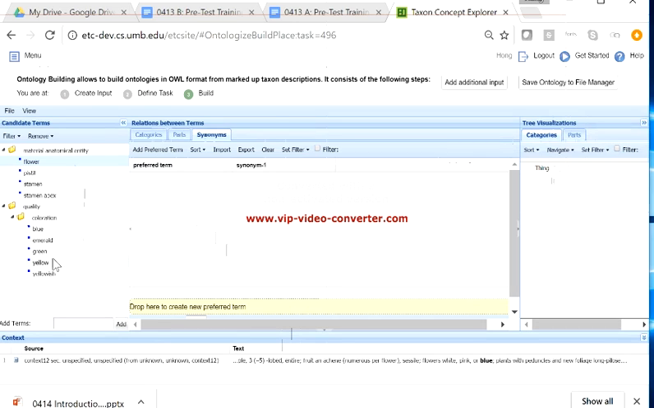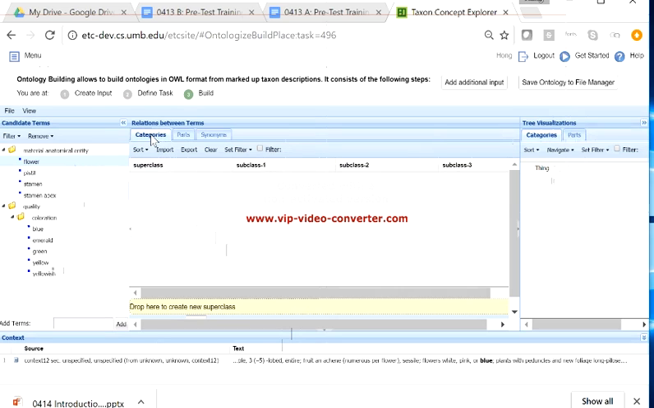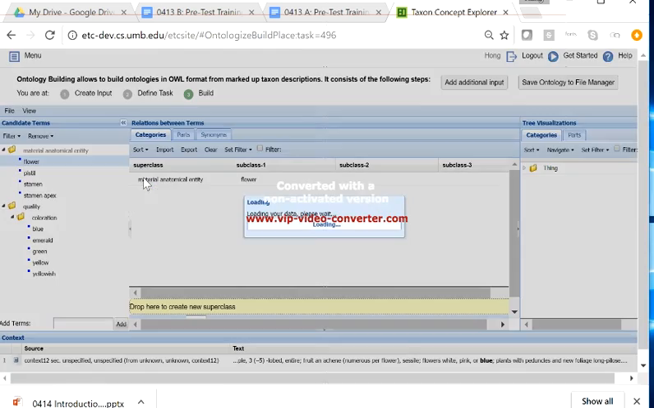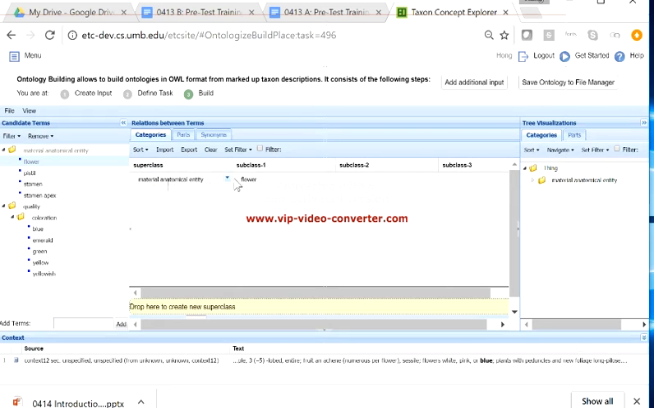To add a flower is a material anatomic entity relationship, I click on Categories tab, drag material anatomic entity to the superclass column, and drag flower on top of it. Here you see a grid is showing in the tab. This is why we also refer to these tabs as grids. When relationships are added, the tree